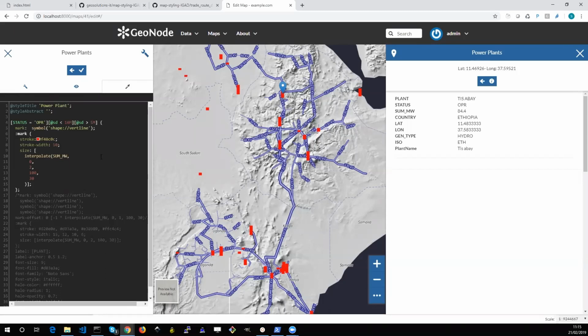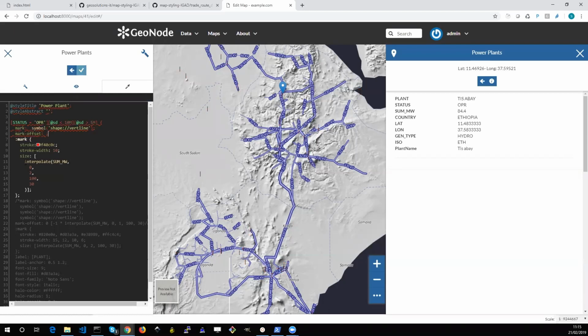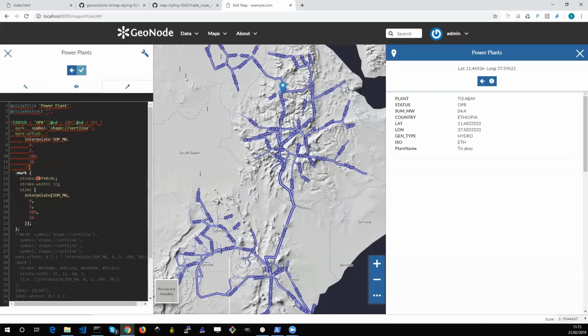So we need to move this marker by half of this new size. To do this, we can use mark offset, and use an interpolate, the same interpolate function. So we have the height of the element, but this moves all the element,